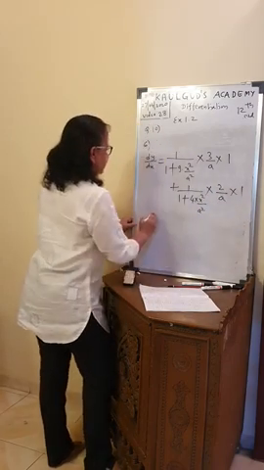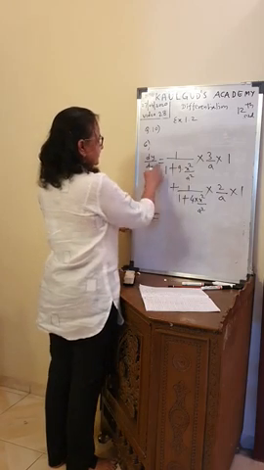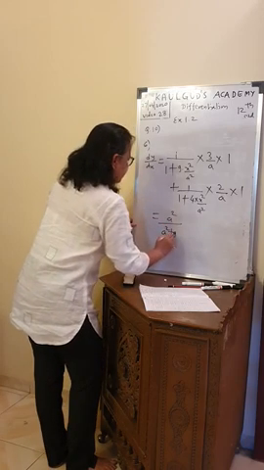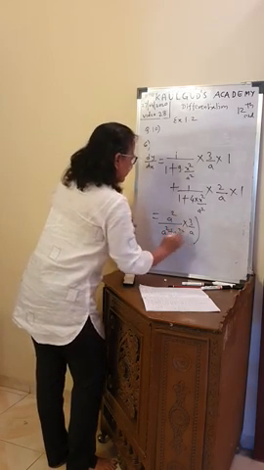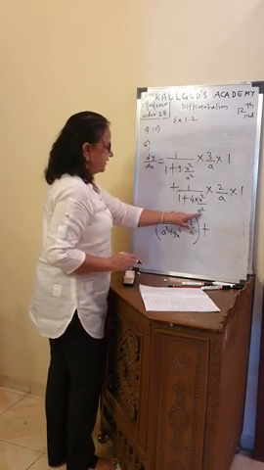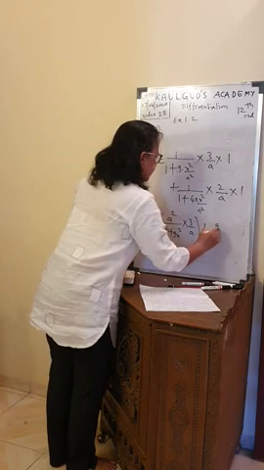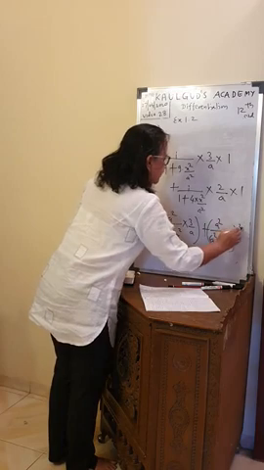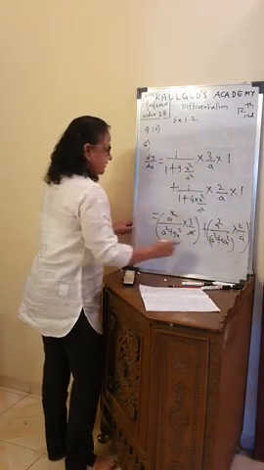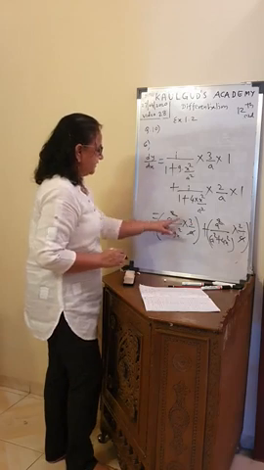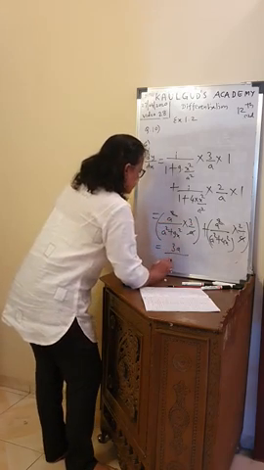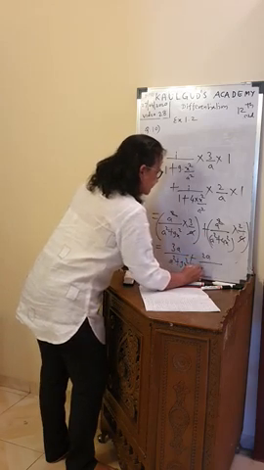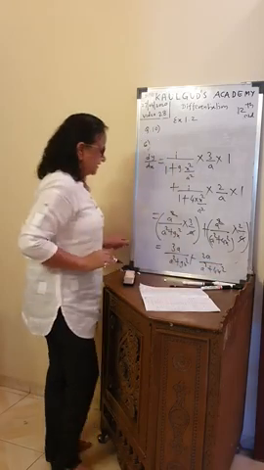Write properly. What is your final answer? Here addition, a square LCM, which will eventually come up, and cross multiply. So a square upon a square plus 9x square into 3 upon a, that is one term, plus here again a square LCM, which will go up. So a square upon a square plus 4x square into 2 upon a. Now a is gone here and a is gone here. So final answer: 3a upon a square plus 9x square, and here 2a upon a square plus 4x square. Understand? That is the final answer.